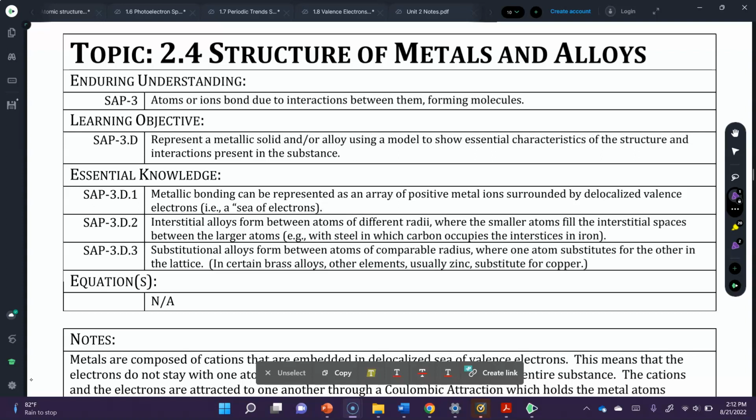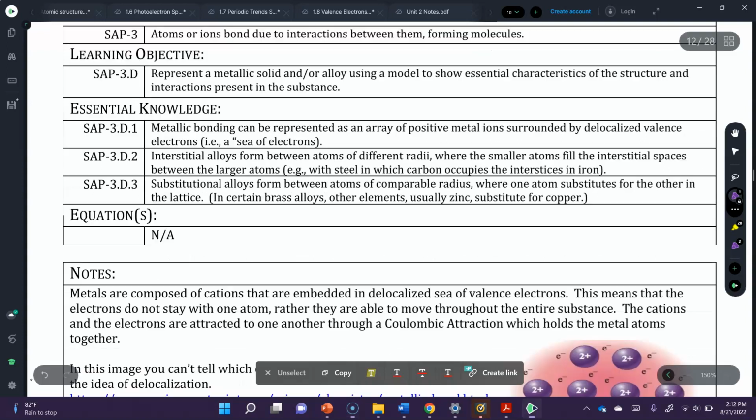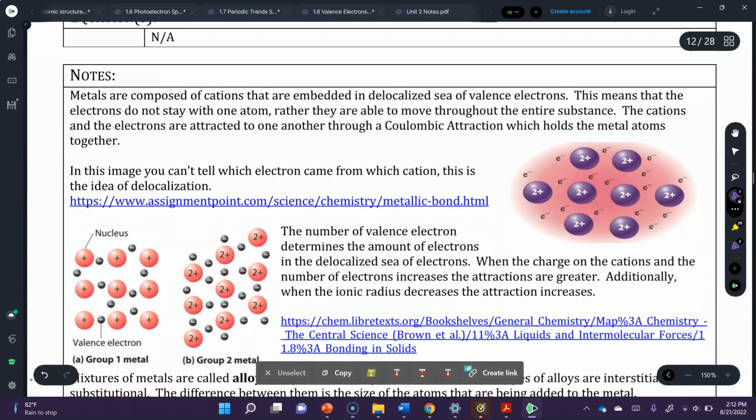In this we will cover that metallic bonding can be represented as an array of positive metal ions surrounded by delocalized valence electrons. Interstitial alloys form between atoms of different radii, where the smaller atoms fill the interstitial spaces between larger atoms, and substitutional alloys form between atoms of comparable radii, where one atom substitutes for the other in the lattice. So on our notes,